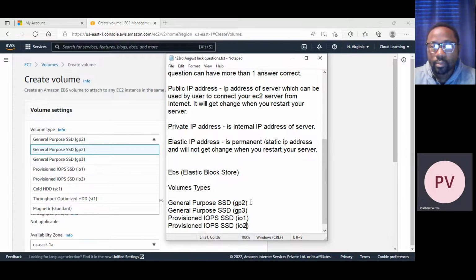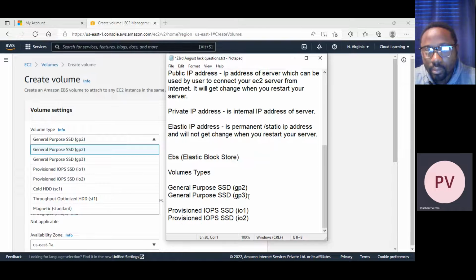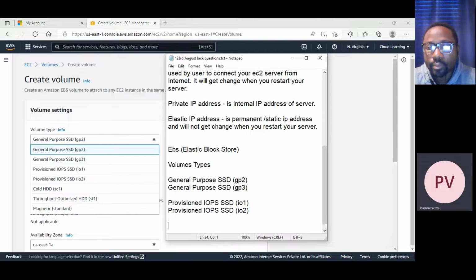So you can understand GP3 would be better than GP2, same category but new version. And IO2 would be better than IO1, which is obvious because it is the new version, correct? Then we have Cold SSD.